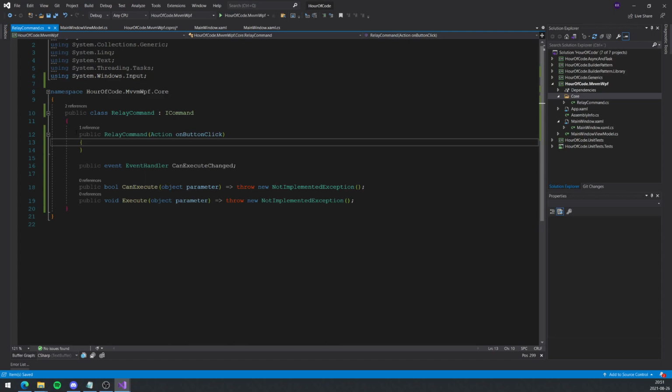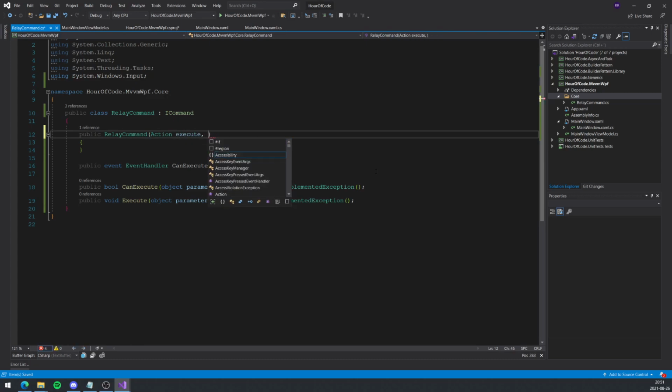So now we're going to implement this thing here. Some of this stuff is going to be a little bit weird. That's fine, don't be too alarmed. So what I'm going to take in is an action called execute, actually a predicate